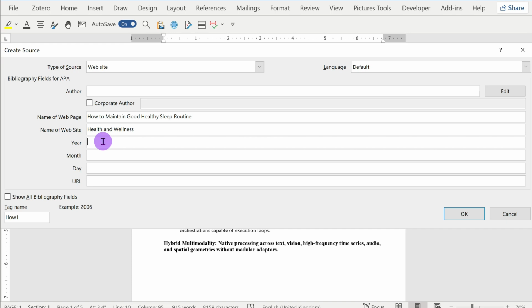So fill in the year, for example 2026, month is June and day is the 15. And here you need to type the URL, for example http colon double backslash www.healthandwellness.com. Moreover, if you don't know the year, month and date, you can simply remove these specific details with